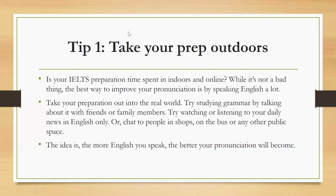Let me see those who listen to radio. Yes, download the TuneIn app, and you get all those online radios and listen. Sky News, BBC, DW News, France 24, the English version, and so on and so forth. Al Jazeera, many radio stations. Listen to them. Or chat to people in shops, on the bus, or any other public